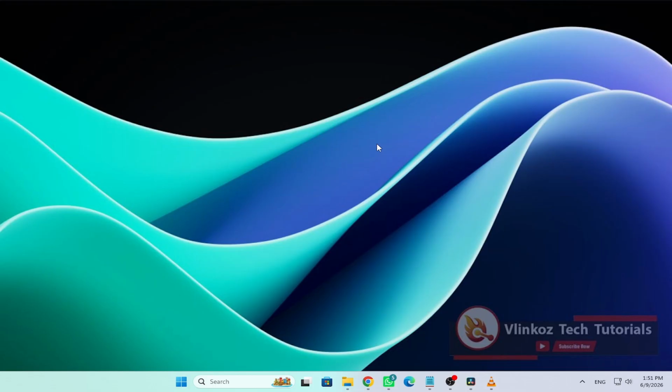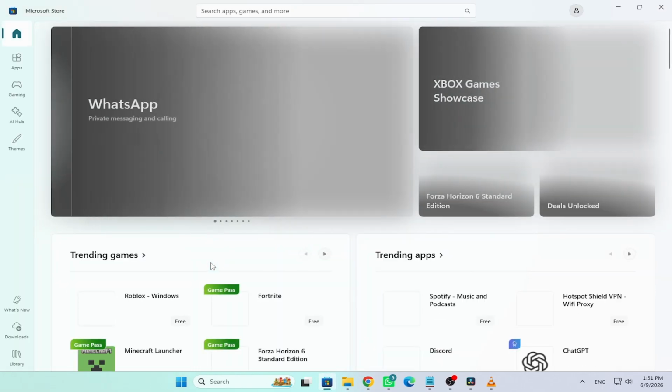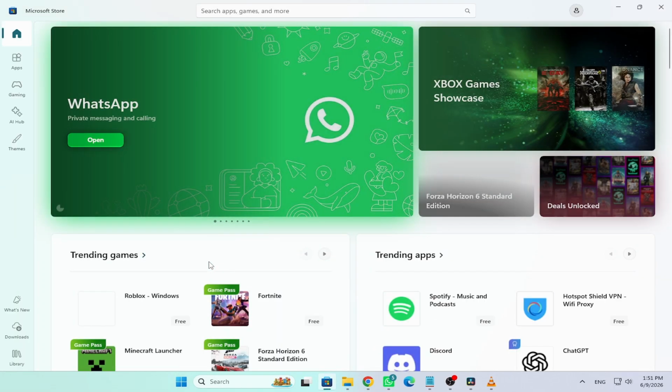Next, we will reset the Microsoft Store cache. To do this, press the Windows key and the R key simultaneously to open the Run window. In the input field, type WSReset and press Enter. This action will clear and rebuild the Microsoft Store cache, which may cause the store to take a moment to